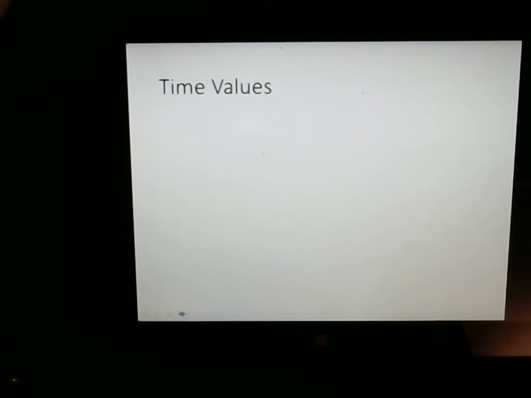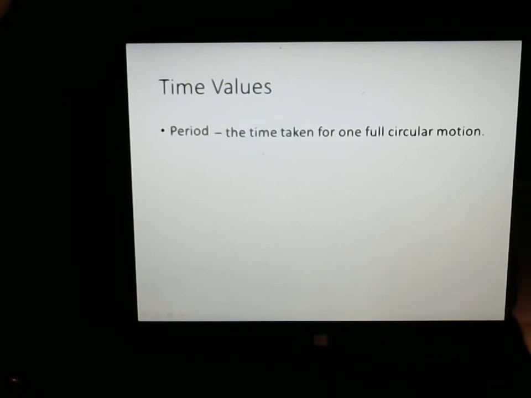So when we deal with circular motion, there are two terms that will pop up to help you think about time. The first is period, and this is a fairly easy one. The period is the time taken for one full circular motion, so the time it takes to go in one circle. Nice and easy. The second one is revolutions per minute, otherwise known as RPM, and if you have a look on your parents' car dash, you will see that there are two